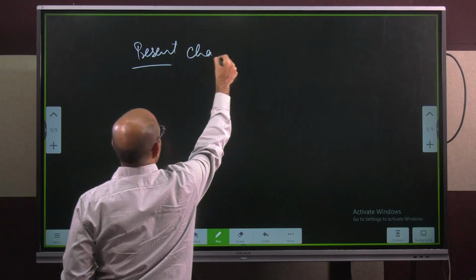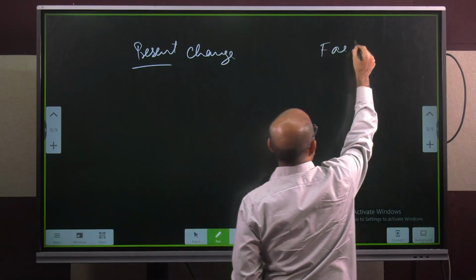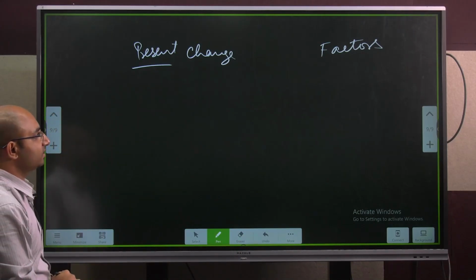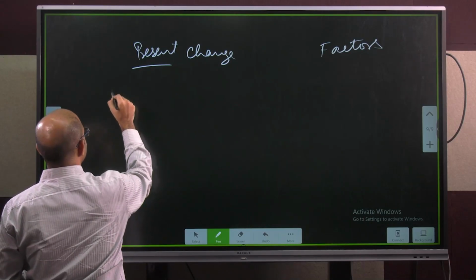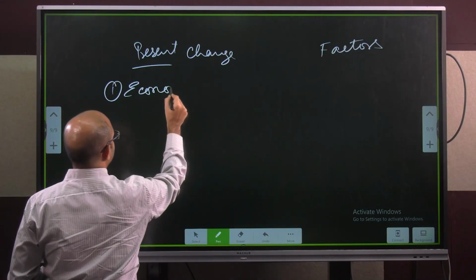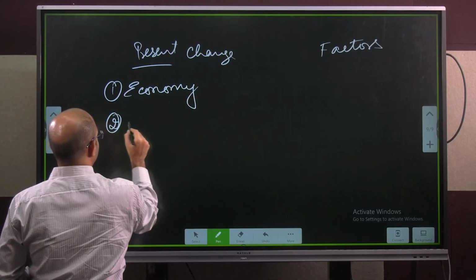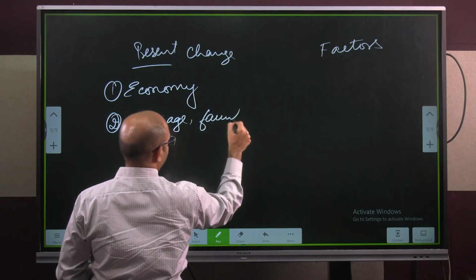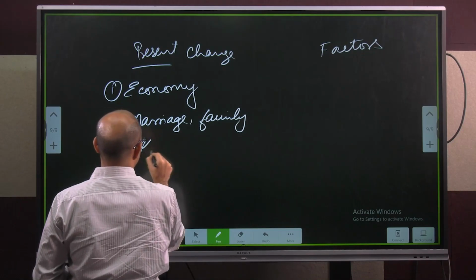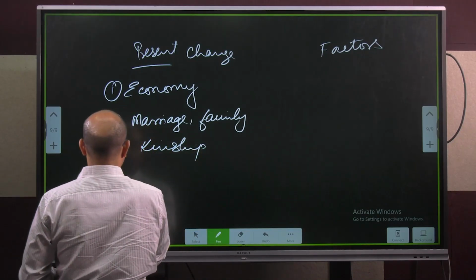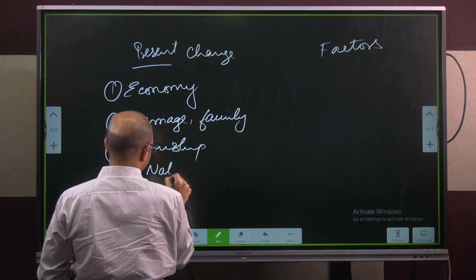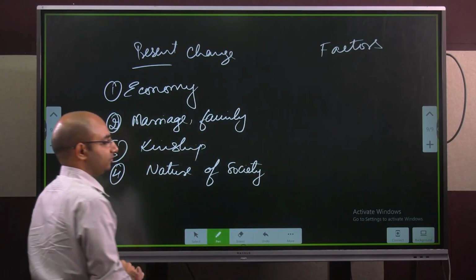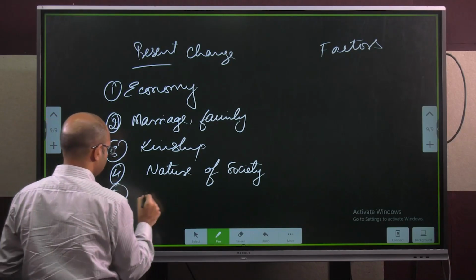What is the present change, and what factors caused this change? Factors like industrialization, market economy, urbanization, outsider entry and globalization all created the present changes. And when you discuss change, first, how did the economy change? Because of the economy, how did their marriage and family change? What about kinship? How did kinship change? And what about the nature of society? How did the nature of society get modified? And changes in religion,